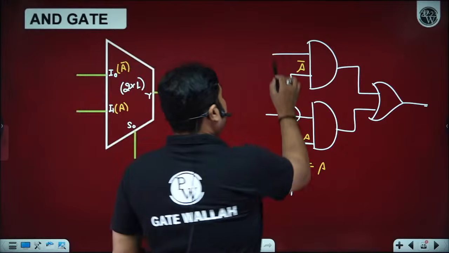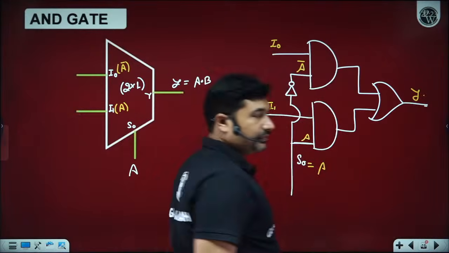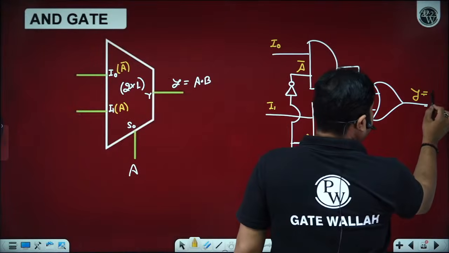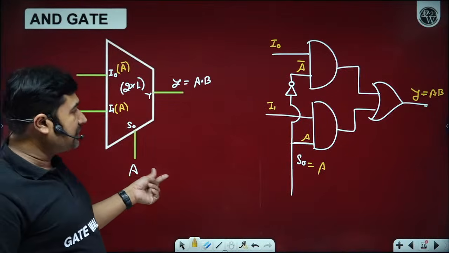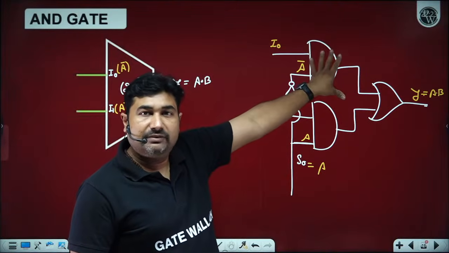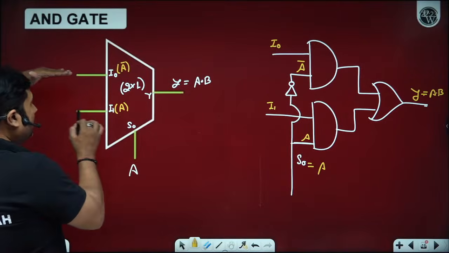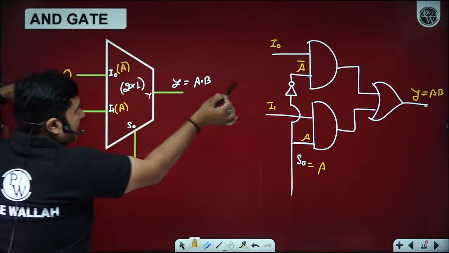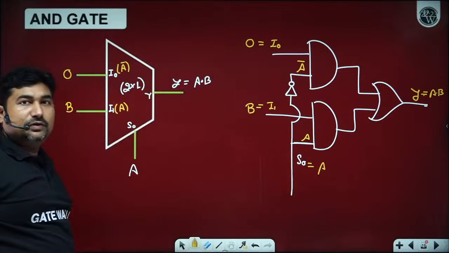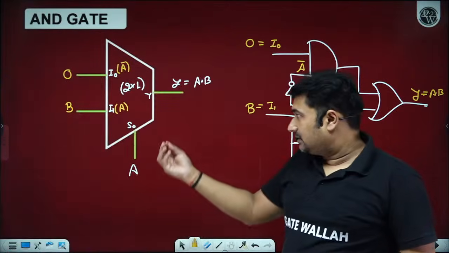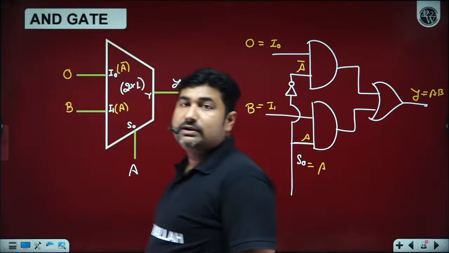Now on the select line, we have an input on the I0 and I1 pins, and based on that we have output y. We want output y to be equal to a dot b. So a I have put onto the select line. Because of the select line function, this AND gate will have input a bar, and this AND gate will have input a. Now, if we apply b here and 0 here, we will get a b. If we apply 0 here and b here, we will get a b. How many of you are able to understand? Whenever I see this box, I am able to see the circuit inside the box. How many of you are now able to see this?